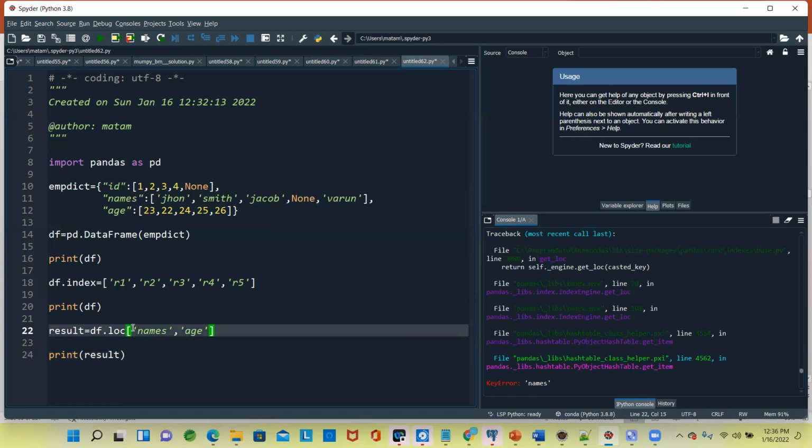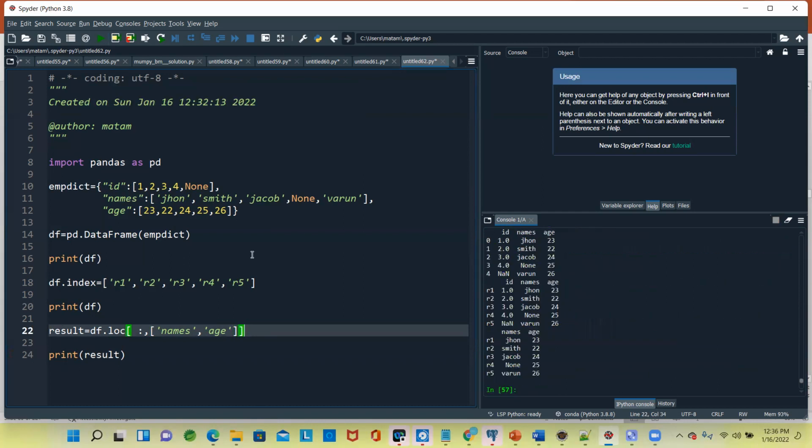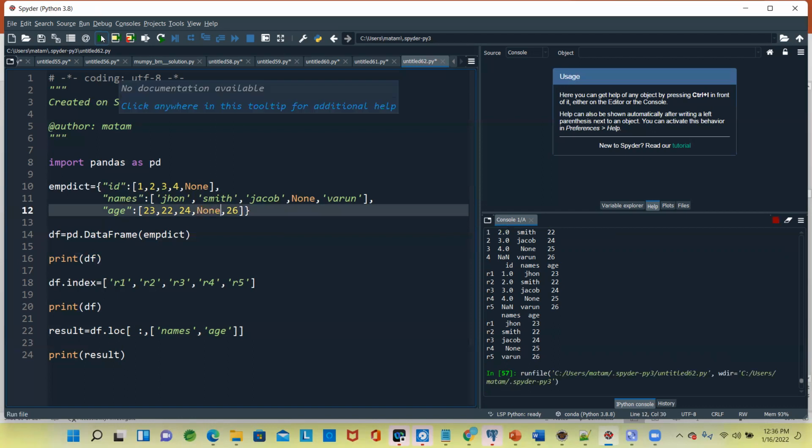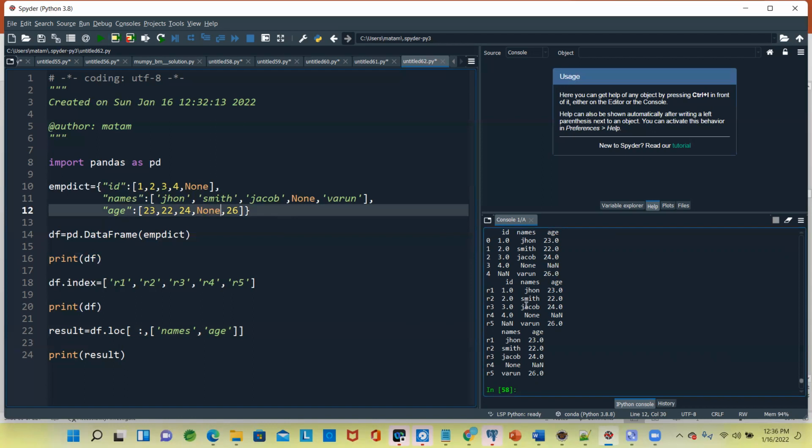So I want everything from every other value. So now I'll say slicing. What kind of slicing is it? Yeah. So now my point is I want every other data. Initially we were printing the first data frame, and now I have printed every other data frame. When I say none value, none is a not a number. So if you give a not a number also, how will I access it? So for this person, we are getting none.